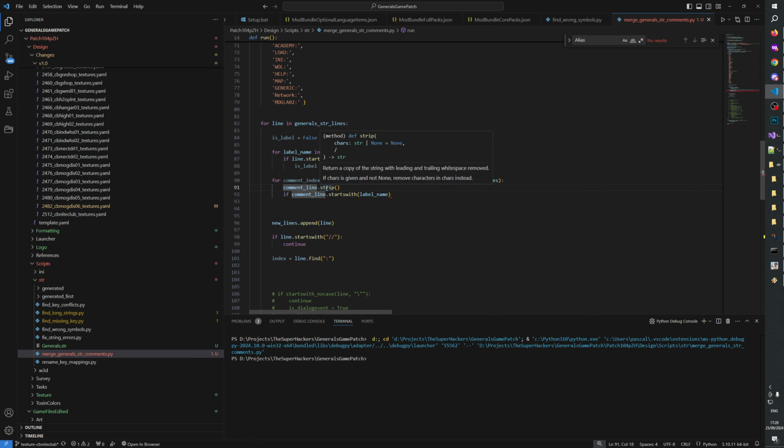Comment line, I think it returns, right? Okay, comment line equals comment line strip. If comment line starts, no, if equals, or is that the thing? Is label name? Man, Python is wild. If comment line is label name, I think it means that they're equal, no? Maybe. If comment line is label name, then